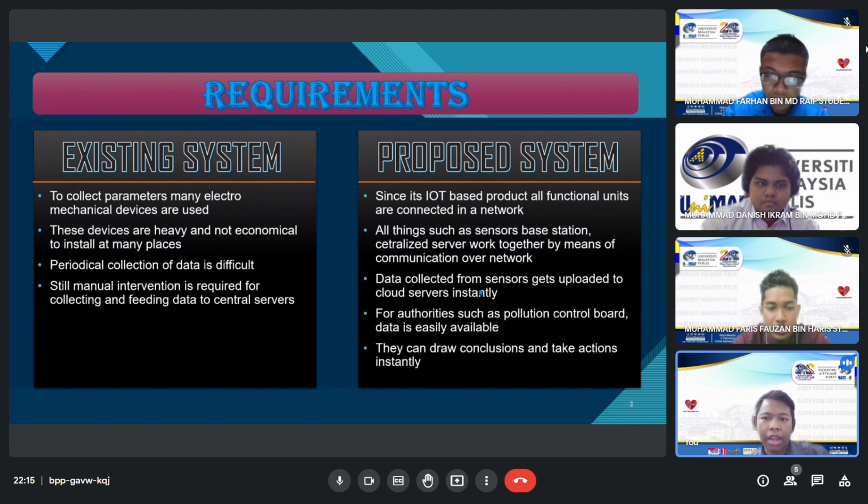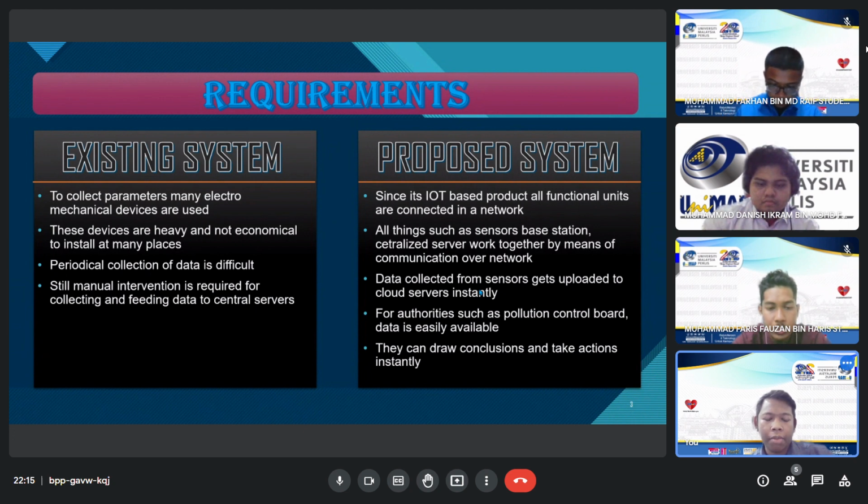These devices are heavy and not economical to install at many places. So periodical collection of data is very difficult, and it still uses manual intervention to collect and feed data to